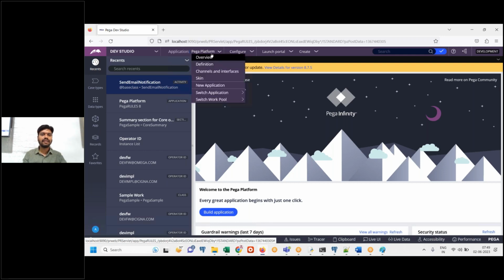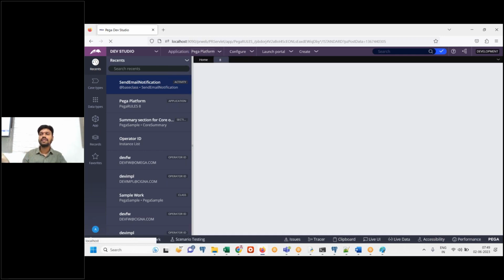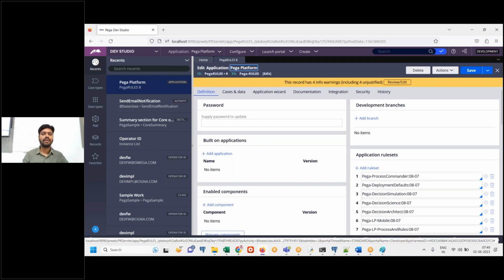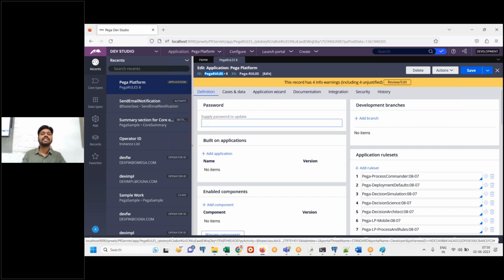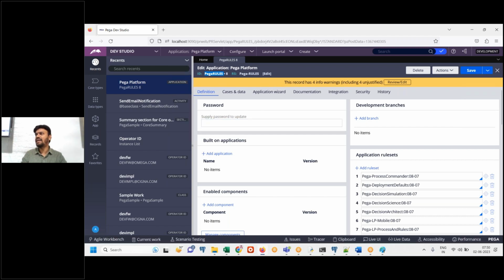If I click on this and go to its definition, don't bother about navigation and don't write it down. Only focus on the concept for now. Navigation is not required. After I open its definition, you can see the ID. The ID says Pega rules. See, every component in PRPC is going to have two parameters. One is the name, for display purposes. Another one is the ID, which is for system identification. The system will identify this application by ID only, not by display name. Display name is for our purpose. Just to better understand: